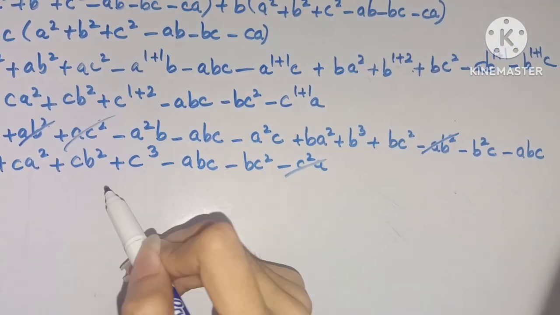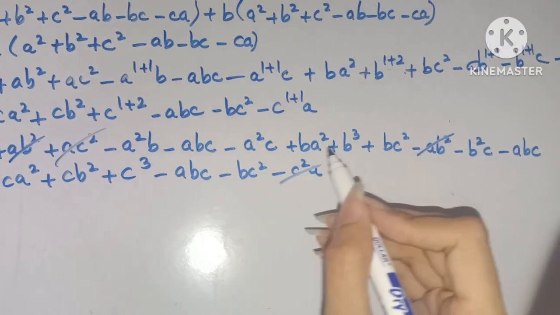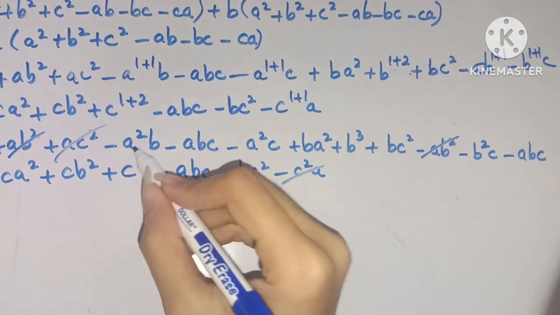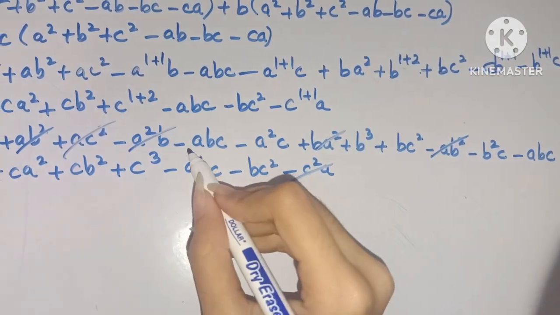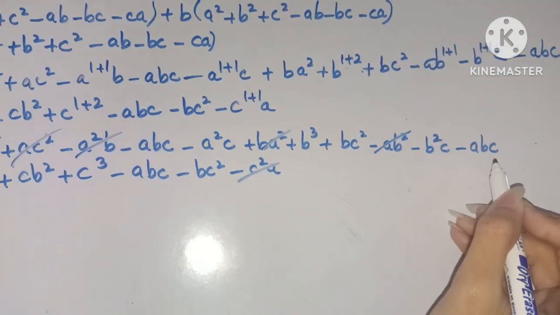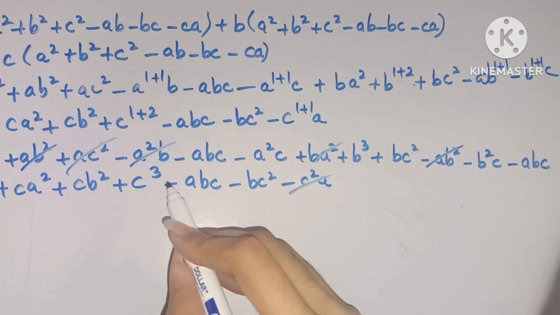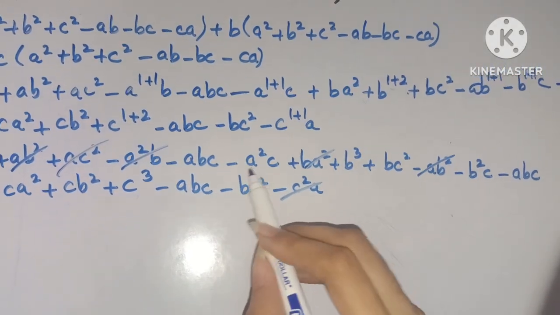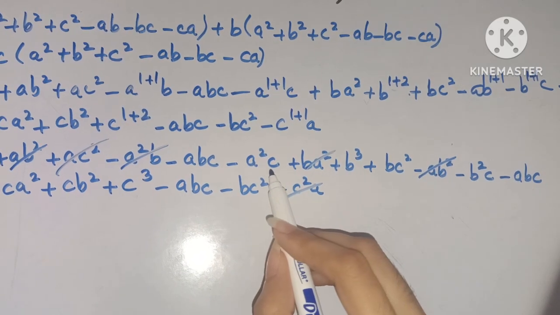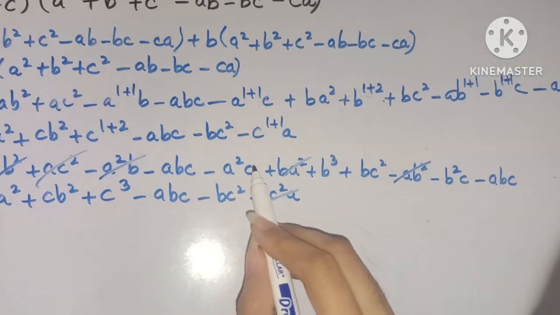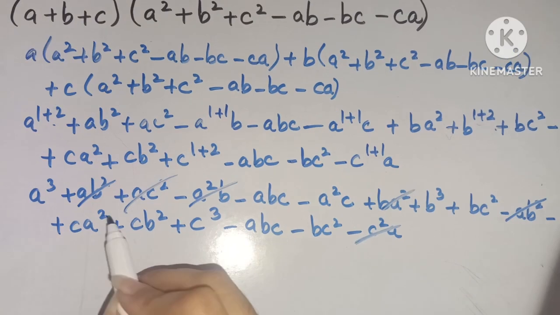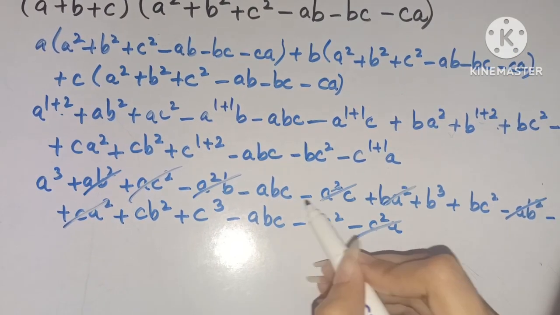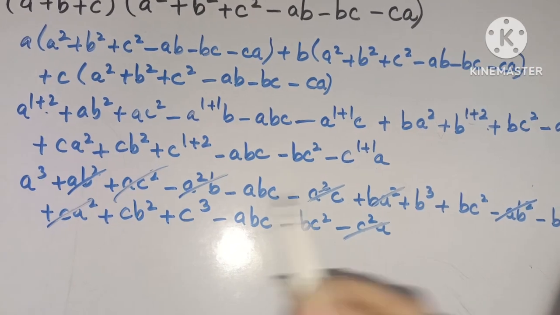Now we have a square b. So a square b is coming, a square b here. So we can just cancel it out. Then we have minus abc and minus abc. There is no term which is in the plus sign, so we can't cancel them out. We will put this term as it is over here and solve it later. Then shift to the next term, a square c minus a square c. So a square c is coming, a square c here. This can also be cancelled because here it is with the minus and here it is with the plus. So plus minus will be cancelled.